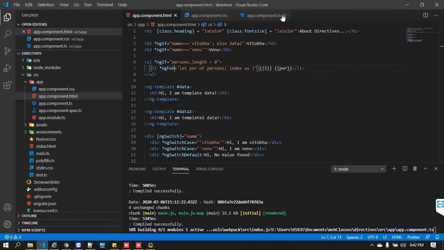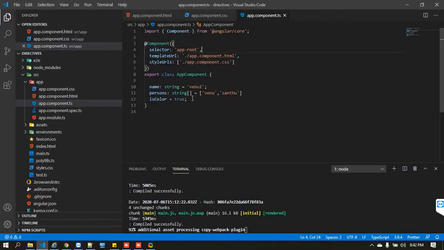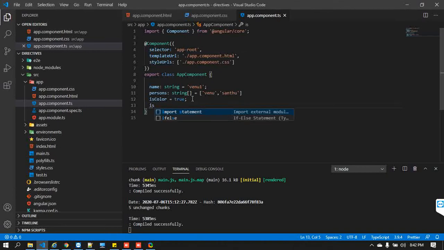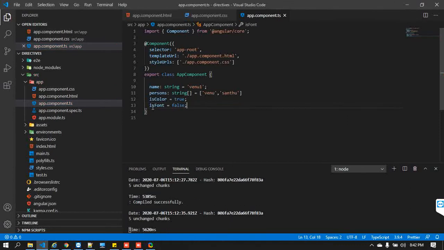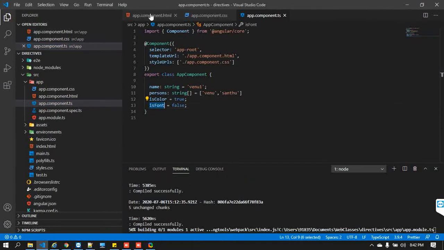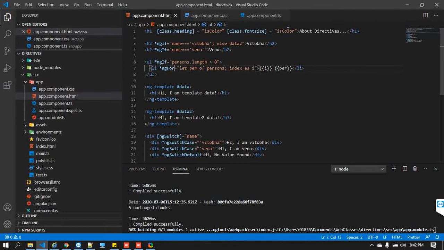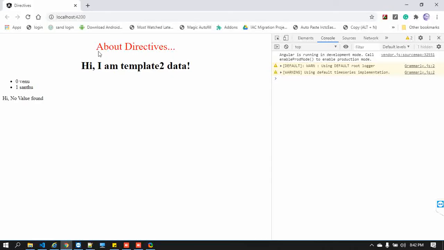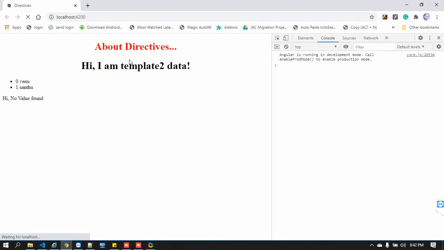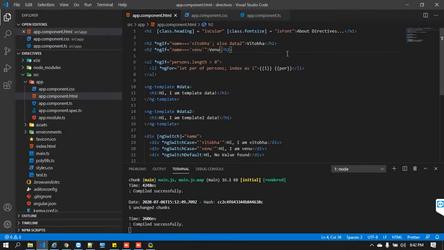For example, I would like to handle that one. How can I apply it? Let's say font is true. For example, I'm keeping false. Now I'm taking this and putting it here. If you look here, that means I'm not going to apply the font size on this directive. At this moment that will not be applied, so font weight is not applied. It will again take the default font weight of that h1. So in that way, externally you can apply the things.